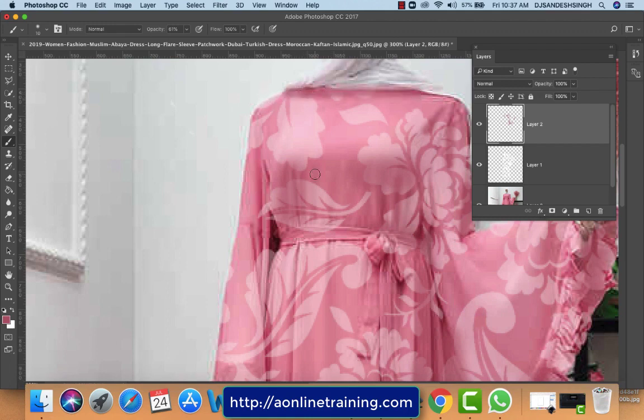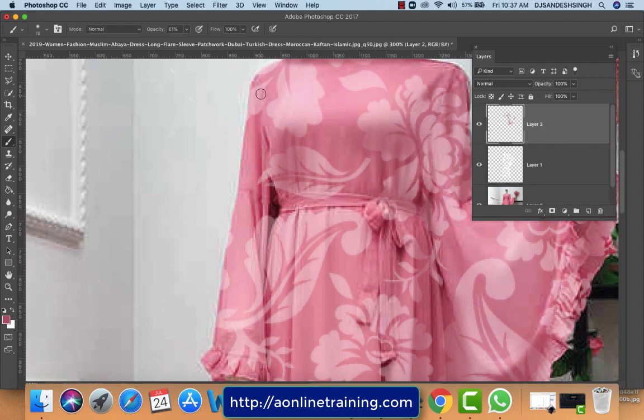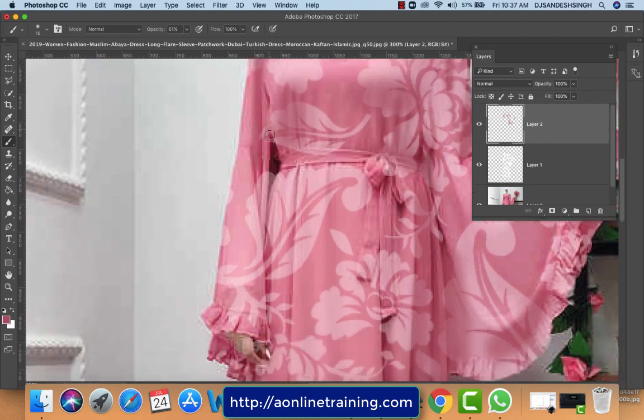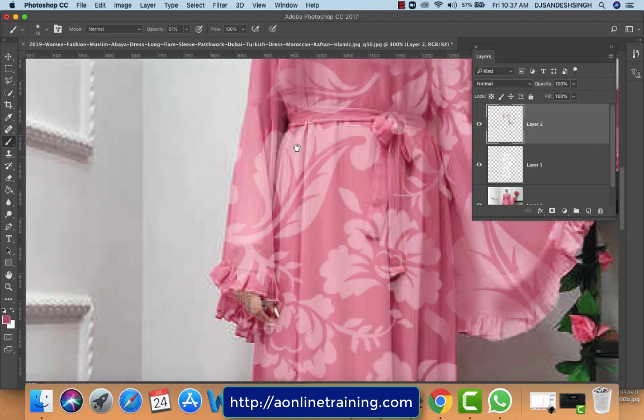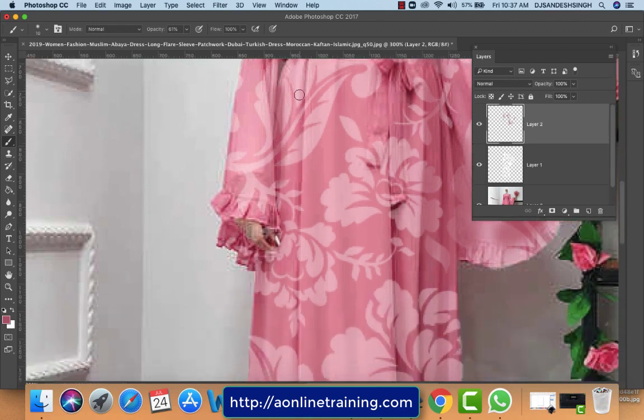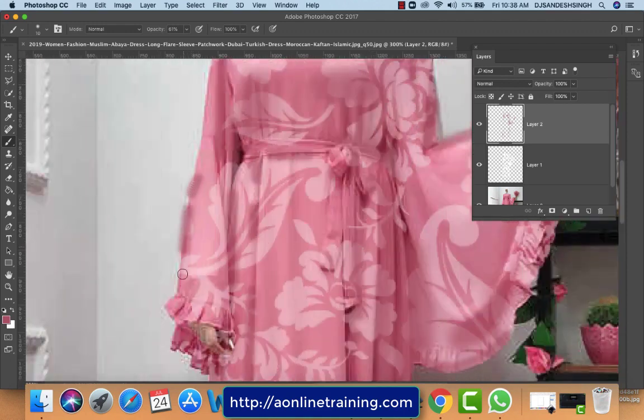You also need to reduce the size of the brush, because the same size will not give the exact depth for the texture. So reduce the brush size using the start or end bracket keys on your keyboard.